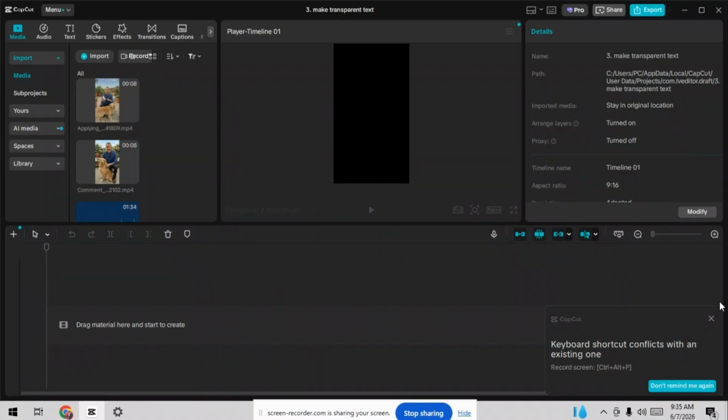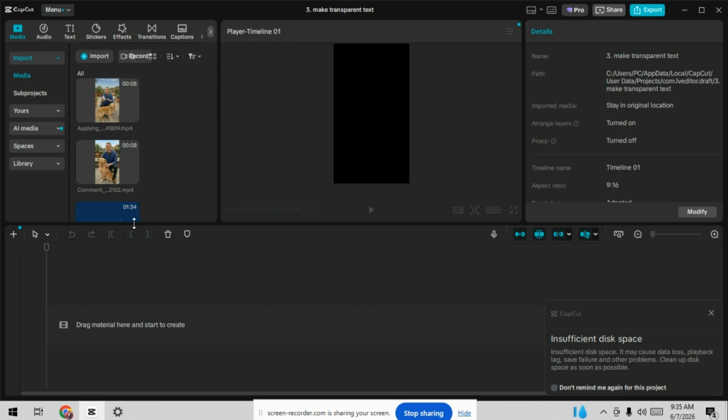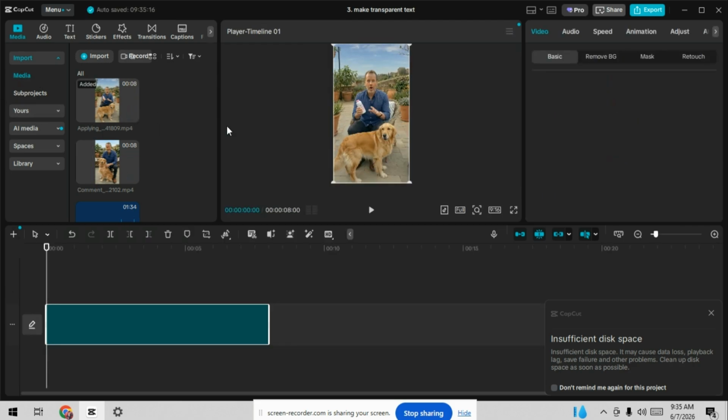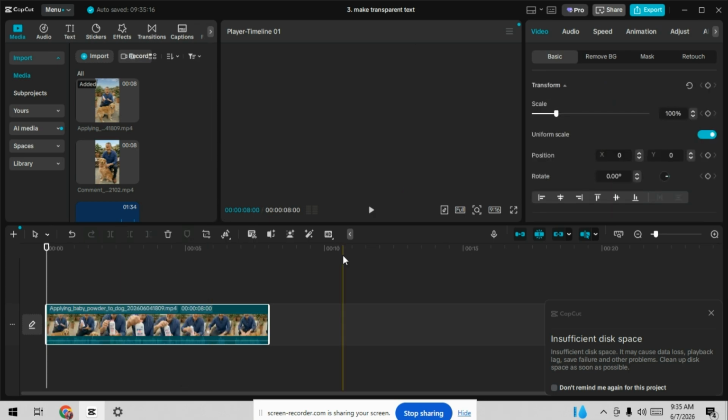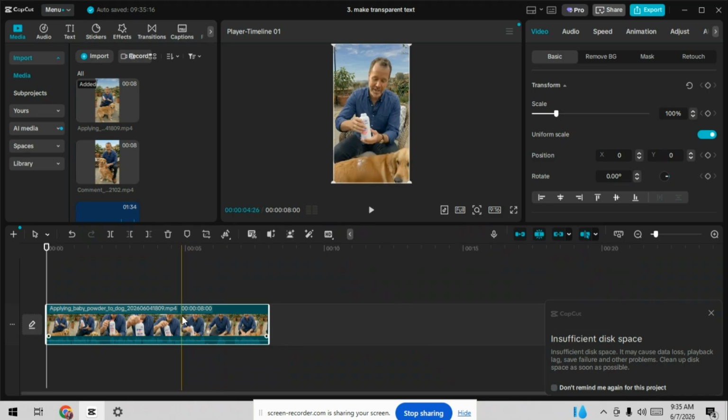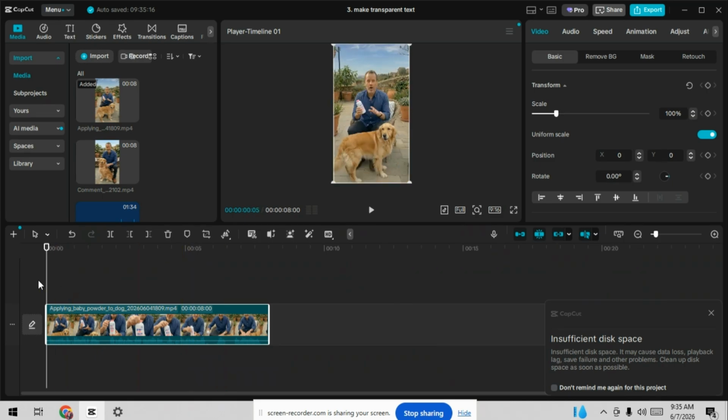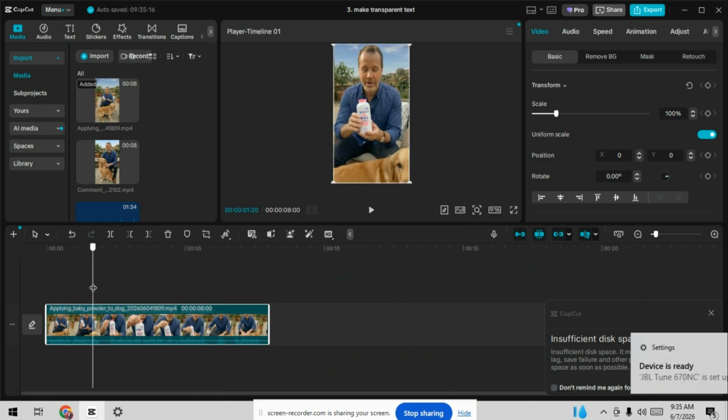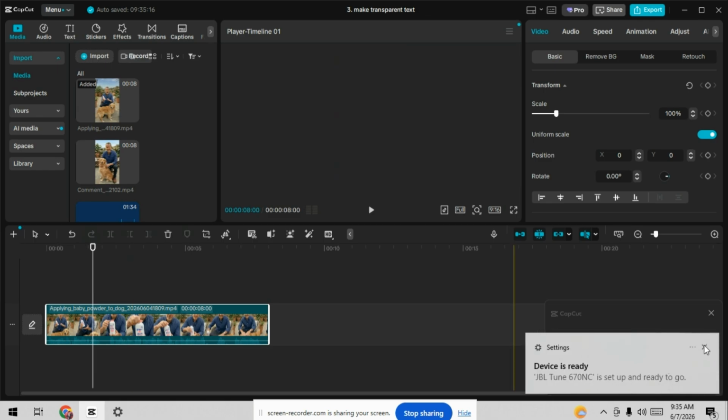We guide you through how to freeze a video in CapCut. So first, open the CapCut app and import the video you want to edit into a new project. And once your clip is on the timeline, move the playhead to the exact moment where you want the freeze